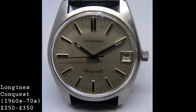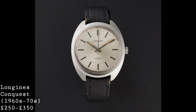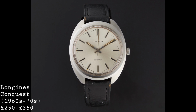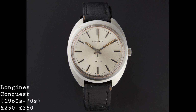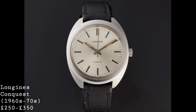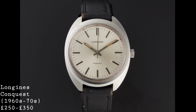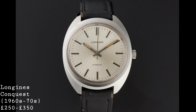Now, through the 60s and 70s, the cases of these watches moved from the very thin cases with the very delicate lugs, all in polished steel, through to a far more contemporary design, which I feel is more appropriate for everyday wear. And these feature both sunburst brushing on their cases, as well as styles of cases which curve over more and have more of a unity of form than the originals,